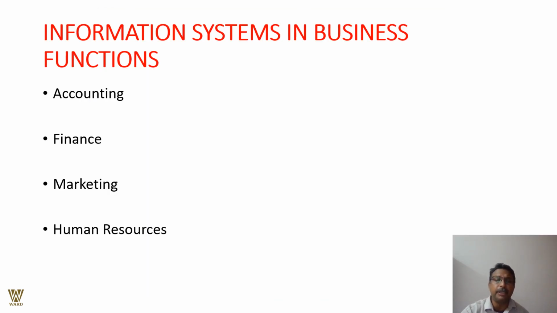Information systems in business function come in four basic kinds: accounting, finance, marketing, and HR. That is what we are looking at. So if you have information regarding accounts, finance, marketing, probably your business is all going good, and HR